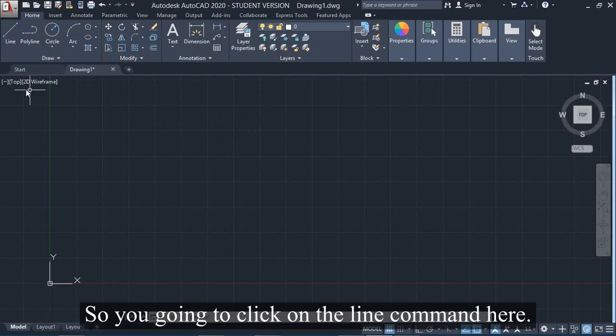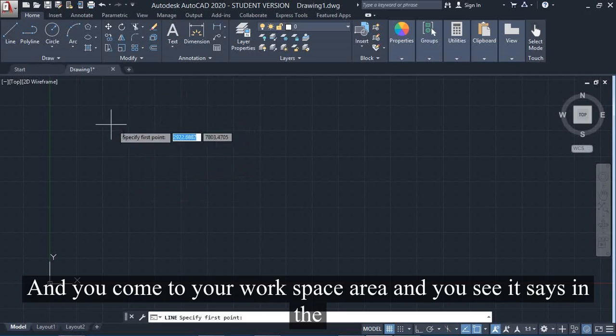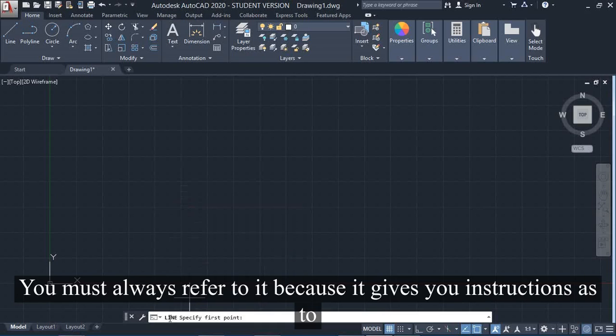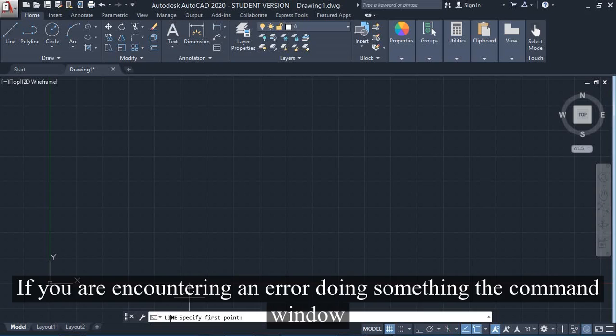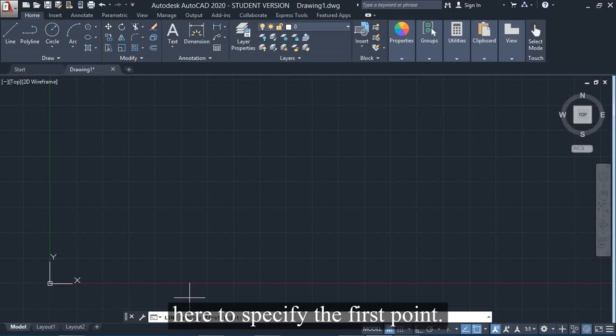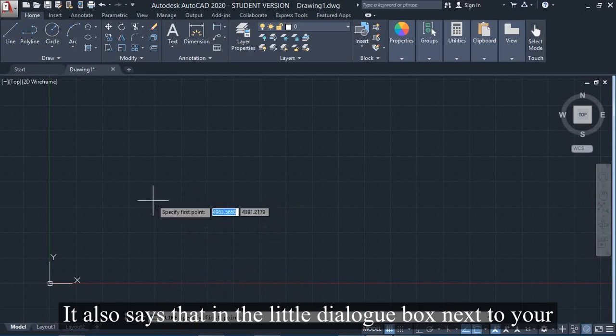with the line command. So you're going to click on the line command here and you come to your workspace area. And you see it says in the command window, because as I said before, your command window is very important. You must always refer to it because it gives you instructions as to what is your next step. If you are encountering an error doing something, the command window actually explains as to why you're having a problem. So you see it says here to specify the first point. It also says that in a little dialog box next to your